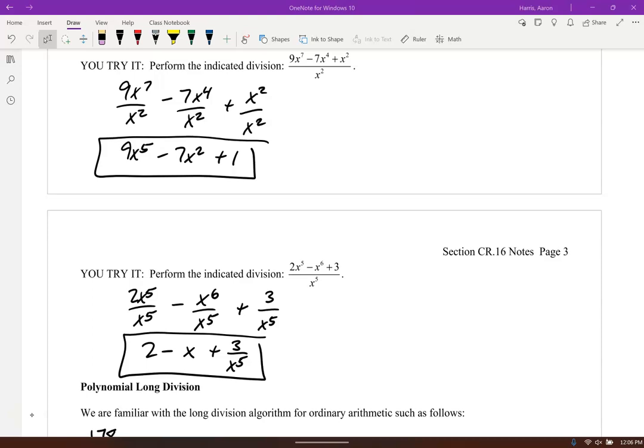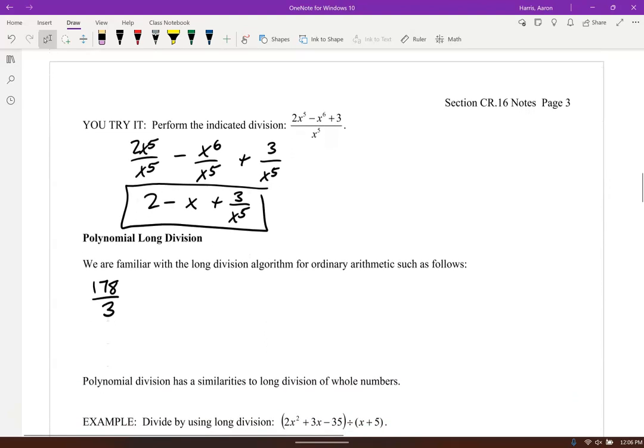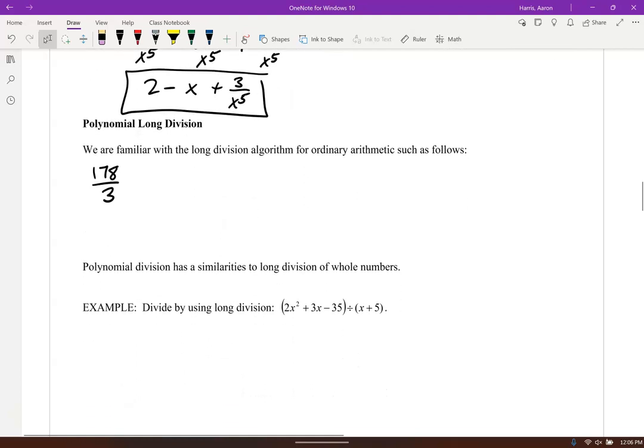You probably remember the division algorithm with ordinary numbers, ordinary arithmetic. Like, for example, if we take 178 and we divide it by 3. And we do this by hand. So 178 is our dividend, 3 is our divisor. And then we say, well, 3 can't go into 1, 1's smaller than 3, so let's go to 17. 3 goes into 17 how many times? I'm trying to match the 17. 5 times, okay, and then I put a 5 right there over that 17. I say 5 times 3 is,